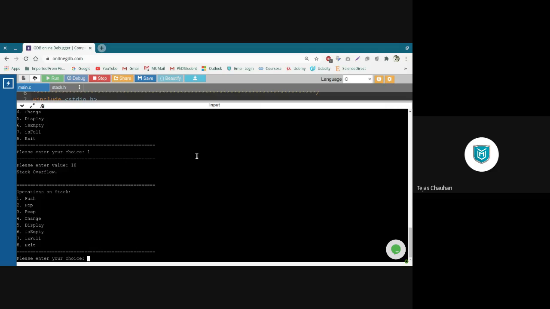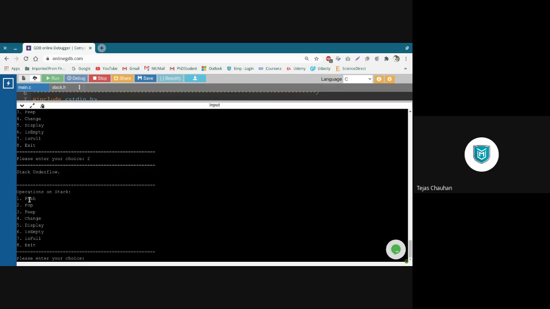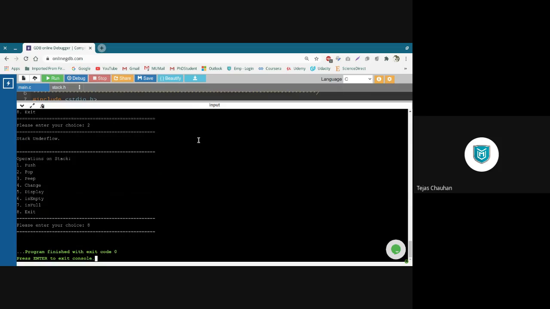Now if I start popping values, then the topmost value will be 9. So popped value is 9. And the next topmost value will be 8. So we have that 8 and so on. So in a reverse manner, we will have all those values popped. 6, 5, and now if I pop, it will tell me underflow. So my stack is working properly, and now I can exit. I have tested my functions. I exit the code and done.